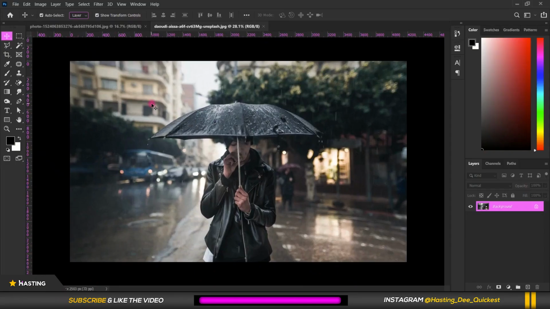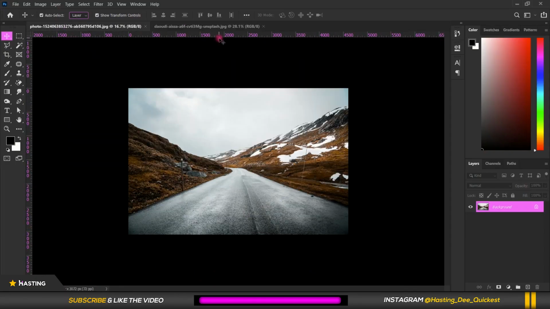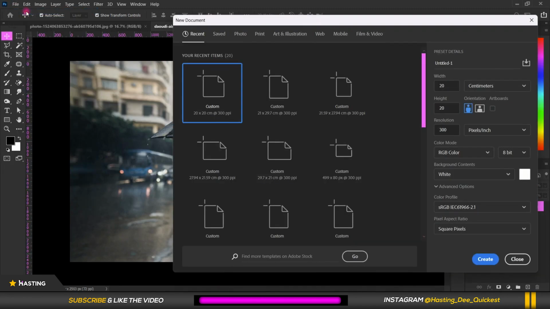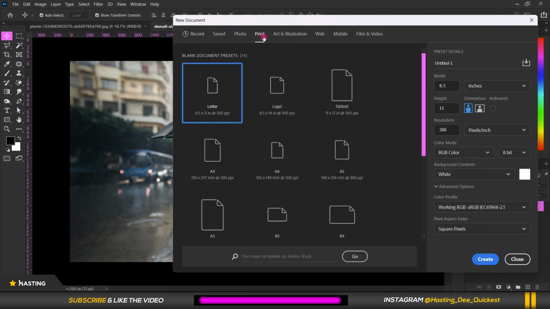So here we are in Photoshop. Make sure that these two images are imported. After that, you go to file, you create a new document, you go to print, and I'm going to select this particular document. I'm going to change it to centimeters. I'm going to rename it as well. So after that, I click OK,